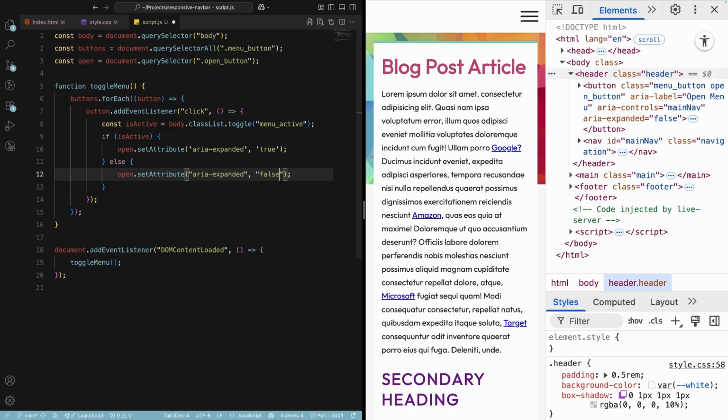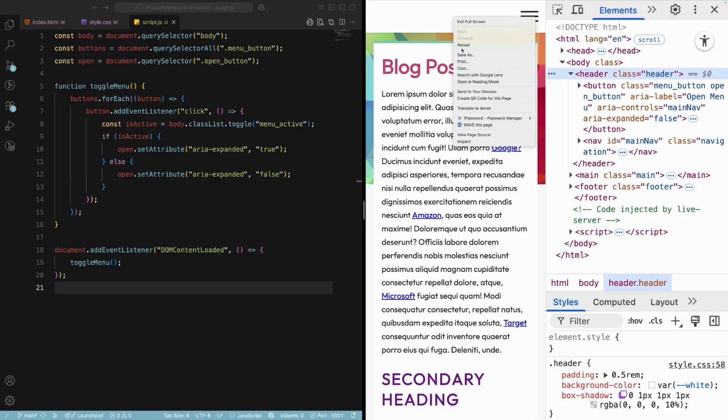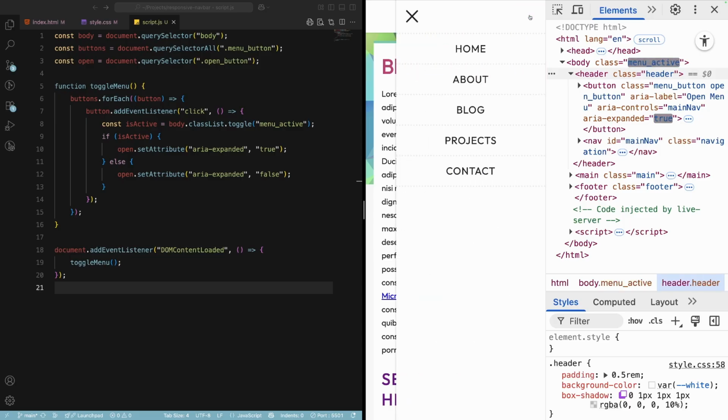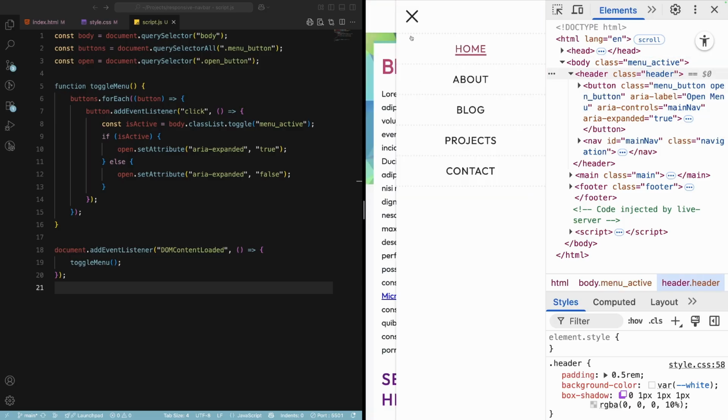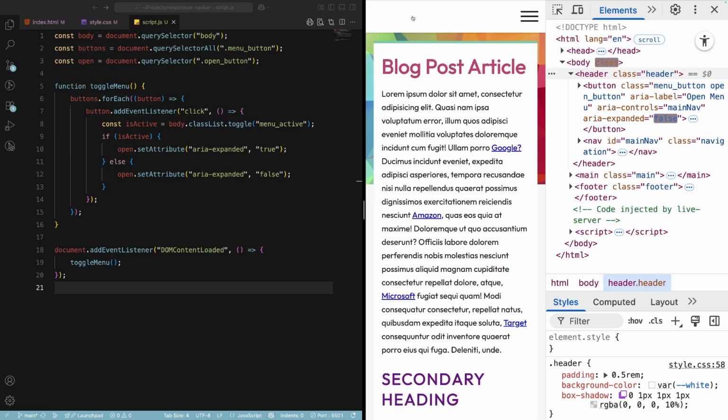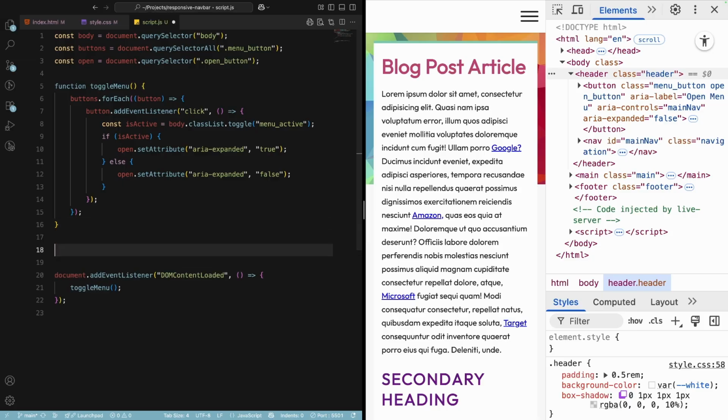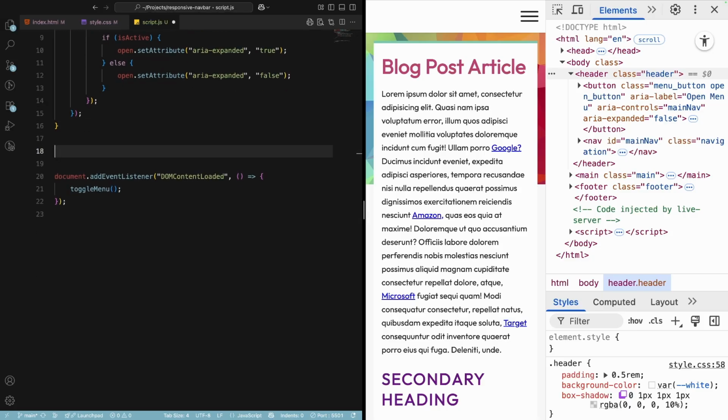And of course, if there's no class on the body, it's false by default. So we'll just go ahead and reload. Now when we open, we have our body class and ARIA expanded true, and then we can close, which removes the class and goes back to ARIA expanded false. So simple. The last thing that we're going to do